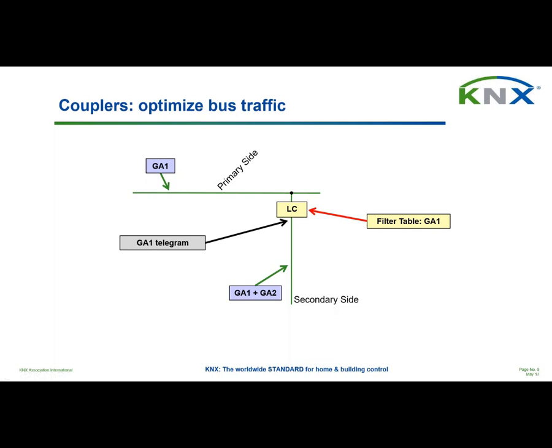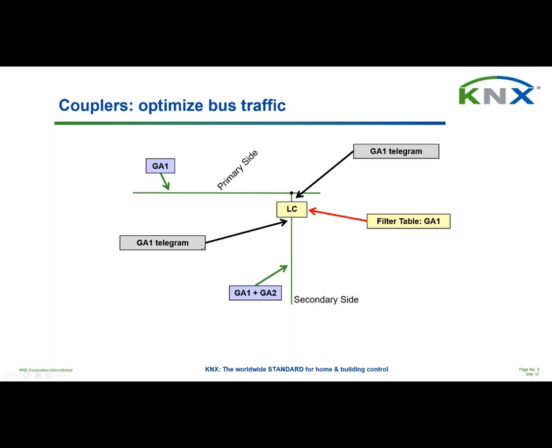So in practice, at runtime, this means that if a group address 1 telegram comes from the secondary side, it will be copied, or propagate, onto the other side. So the group address 1 telegram will appear also on the primary side now. It will be copied by the line coupler. Also the other way around, if the group address 1 telegram would have come from the primary side, then it will also be copied into the